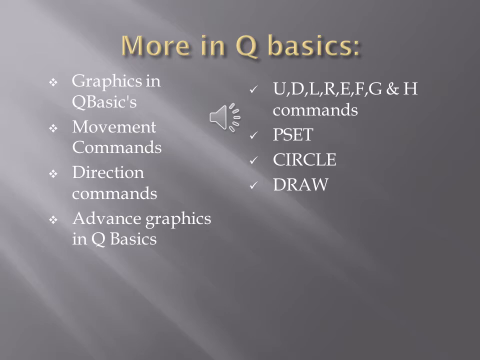Okay everyone, let's move to the next one, which is the movement command in QBasic graphics. The draw command is used for movement, to instruct the computer to start drawing in QBasic. If you would like to draw anything in QBasic, you have to use the draw command for that purpose. You can see the syntax here: draw, direction. Direction means what kind of line you want to draw, like upward, downward, diagonally, or whatever you want.